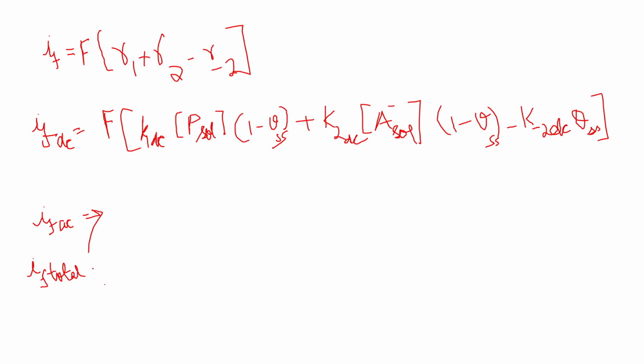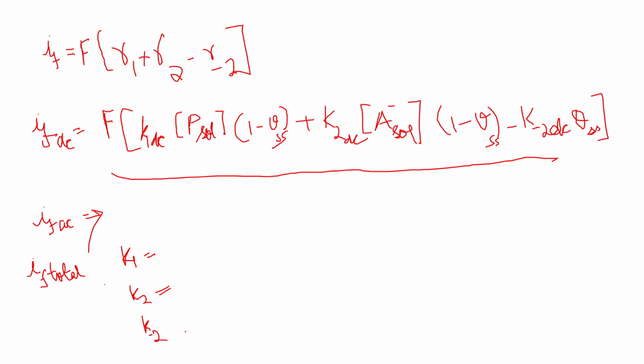For IF total, you'll be using the same equation, where you will be substituting K1 as K1 DC into 1 plus B1 EAC, K2 as K2 DC into 1 plus B2 EAC,